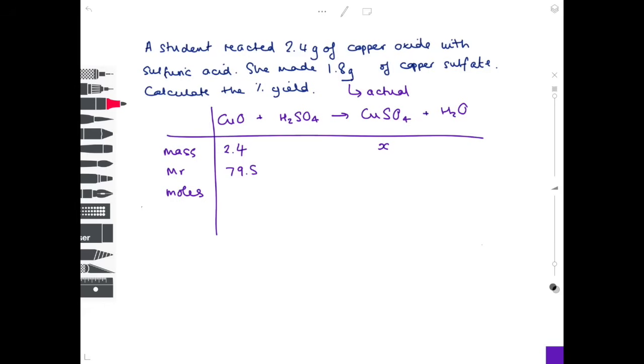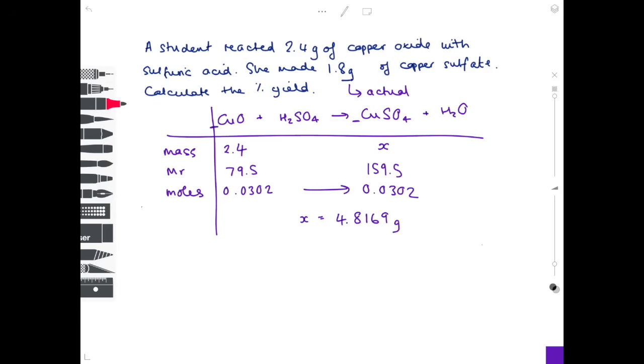So that's 2.4 divided by 79.5 to give a value which is 0.0302 moles. Now we need to look at the balanced symbol equation and have a look if there are any big numbers. There aren't, so we can easily just carry that number across to be the number of moles of copper sulfate. Now work out the Mr of copper sulfate. So you want to do 63.5 plus 32 plus 4 times 16. So that gives us an Mr which is 159.5, and then we work out X by doing 159.5 times 0.0302 to get